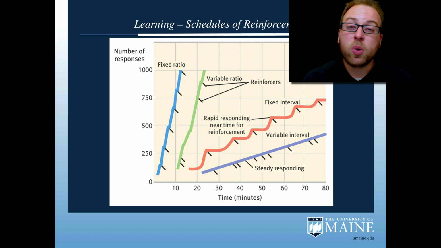The variable interval pattern of reinforcement produces the most steady and consistent rate of responding. What this means is that reinforcement is only available after a variable amount of time. The reinforcer could be available in 1 minute, or it could be available in 75 minutes. It's unknown. What this produces is a steady but relatively slow rate of responding to see, is it available yet? No? Might as well wait a few seconds. Is it available now?